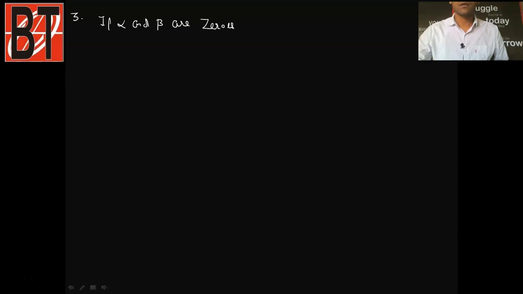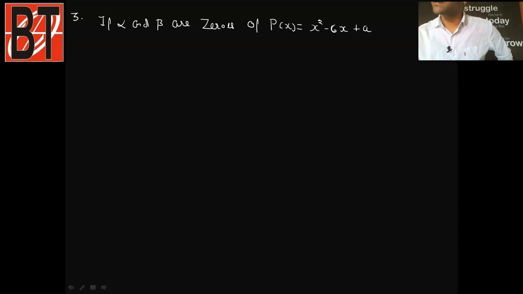Okay, let me take third question of today's class. Okay, and see, the question is, if alpha and beta are zeros of px, you are given a quadratic polynomial px, and the expression for px is x square minus 6x plus a. Okay, find the value of a if